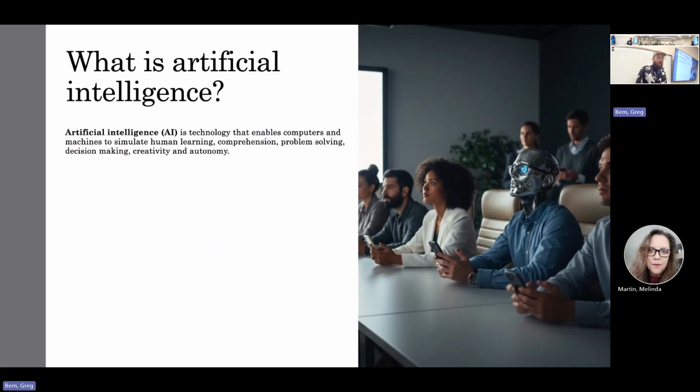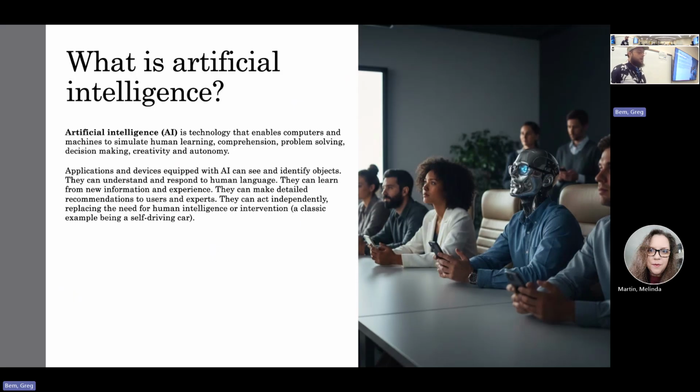Artificial intelligence, or AI, is technology that enables computers and machines to simulate human learning, comprehension, problem solving, decision making, creativity, and autonomy. Applications and devices equipped with AI can see and identify objects.